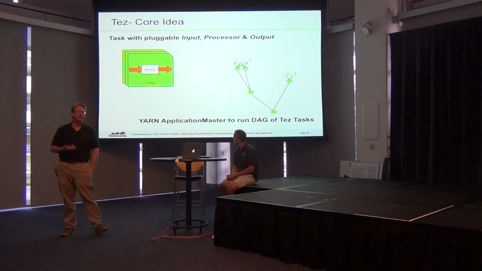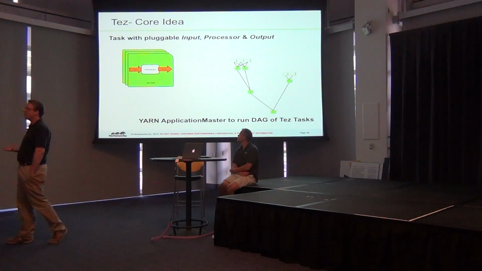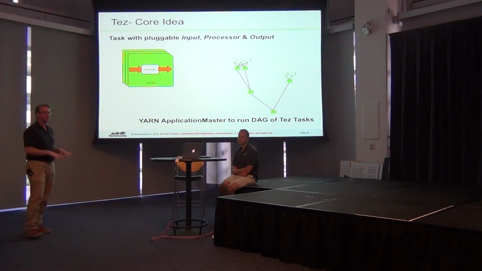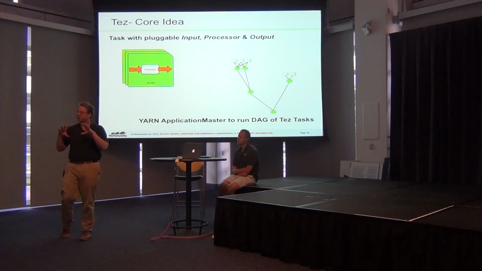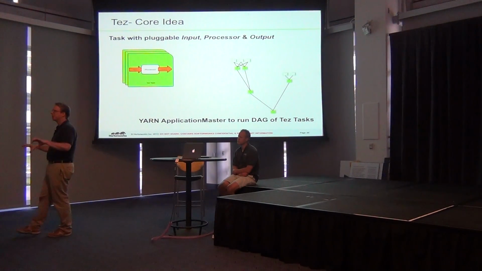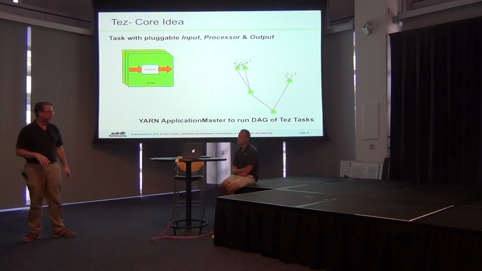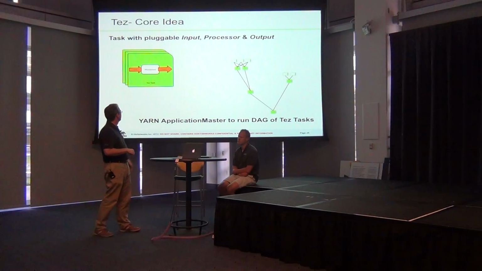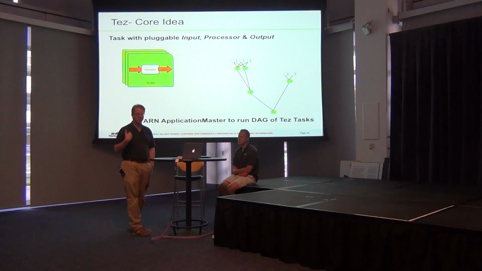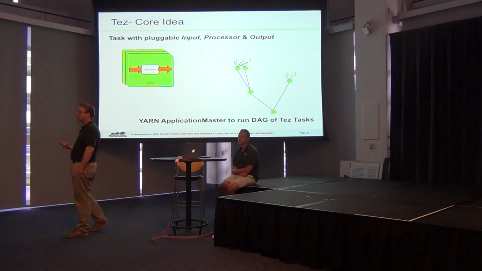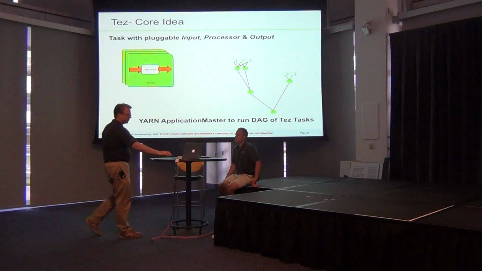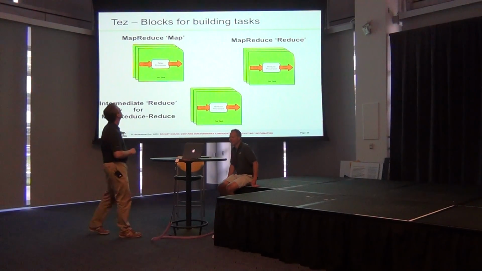Okay, so what does it look like? Fundamentally, Tez takes MapReduce and generalizes it into libraries with components that you can plug together. So you can think of MapReduce as a particular construct, and Tez takes the pieces and makes them into building components that you can put together however you need to. So you've got a processor, an input, and an output. And from that, you can assemble DAGs or whatever you need. Now, we expect mostly frameworks to use Tez, but of course it'll be available for applications too. I'm running out of time.